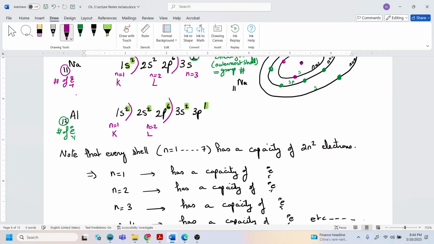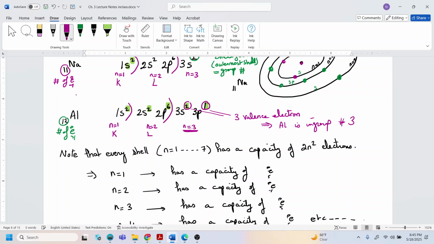Normally, the reason why I like to rule those out of the way is because these are completely filled, so they have nothing to do with the valence electrons. And then coming to the outermost shell, which is n equal to 3. This is the last shell in there. The last shell is not completely filled. So I look at the number of electrons in this shell, and I see that I do have 3 valence electrons. Remember, we called the electrons in the outermost shell valence electrons. So that's why I'm calling those 3 valence electrons. So this is why we say that aluminum is in group